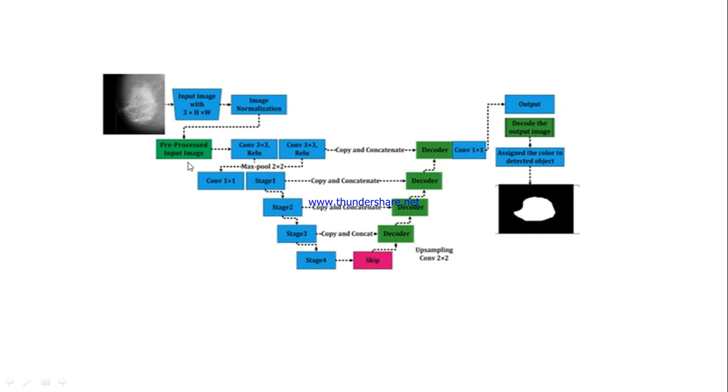As we discussed, it consists of input images, where you can do pre-processing. Then it consists of alternating combinations of convolution layers and ReLU activation functions, along with upsampling, downsampling, and segmentation. Whatever you get at the end is the final segmentation map. Once you go for R2U-Net, you will get the final segmentation map where we get the